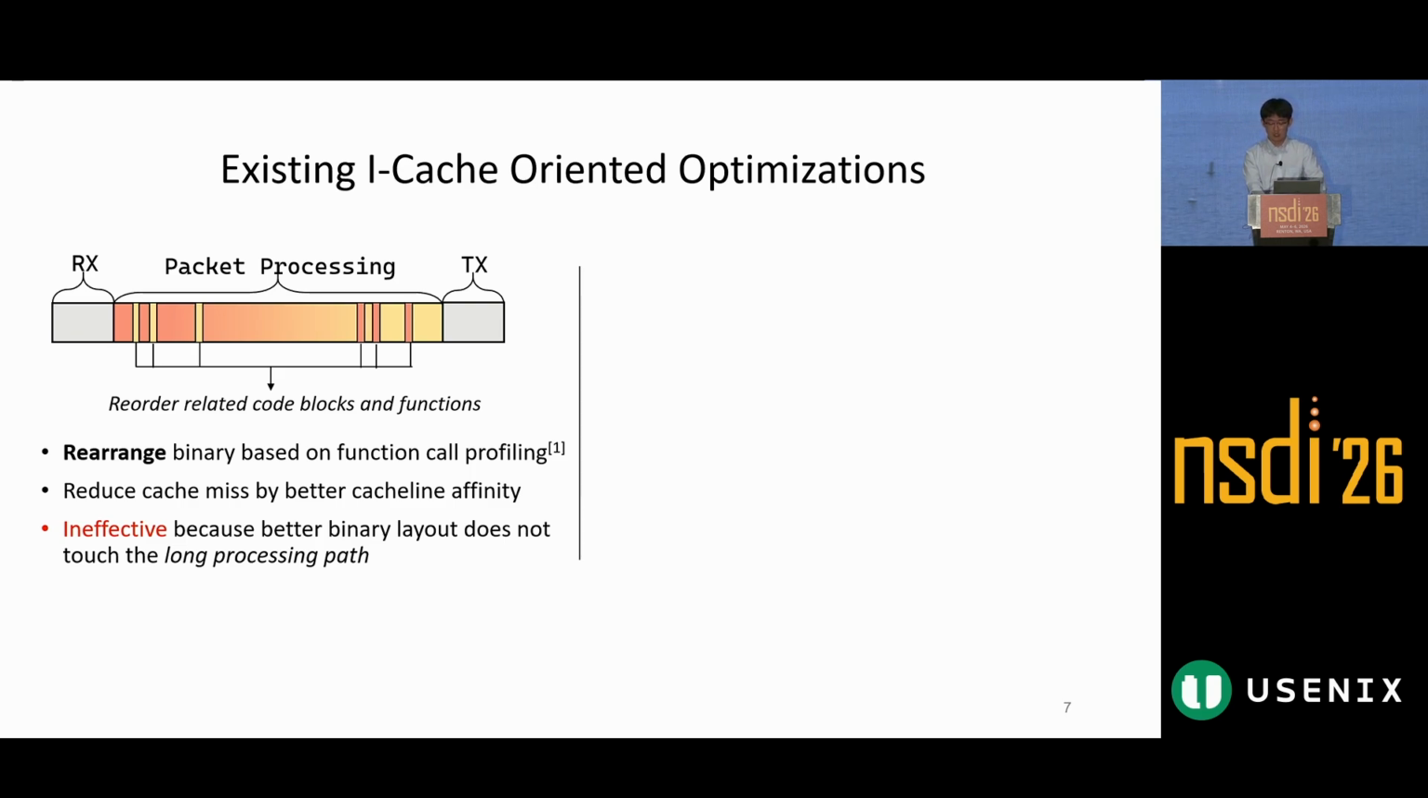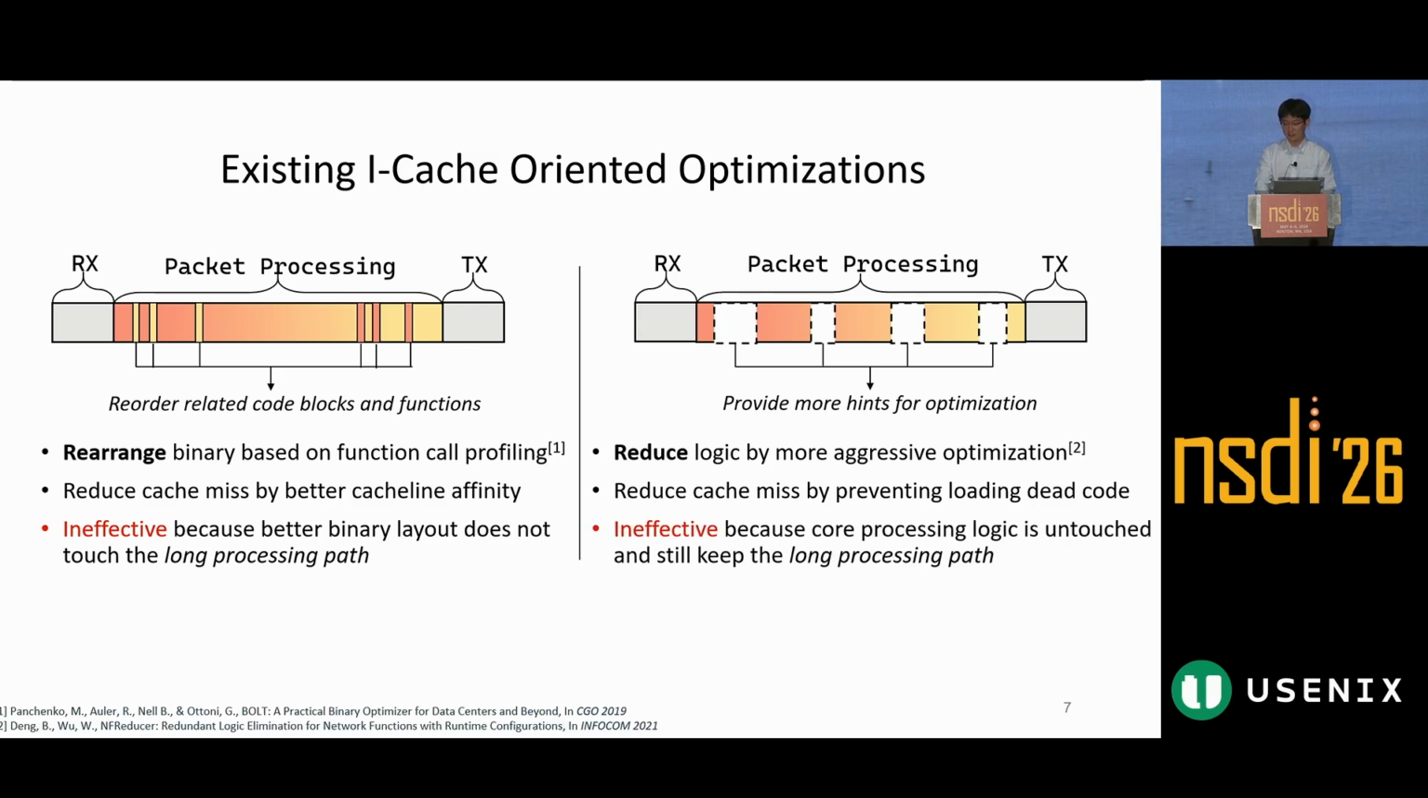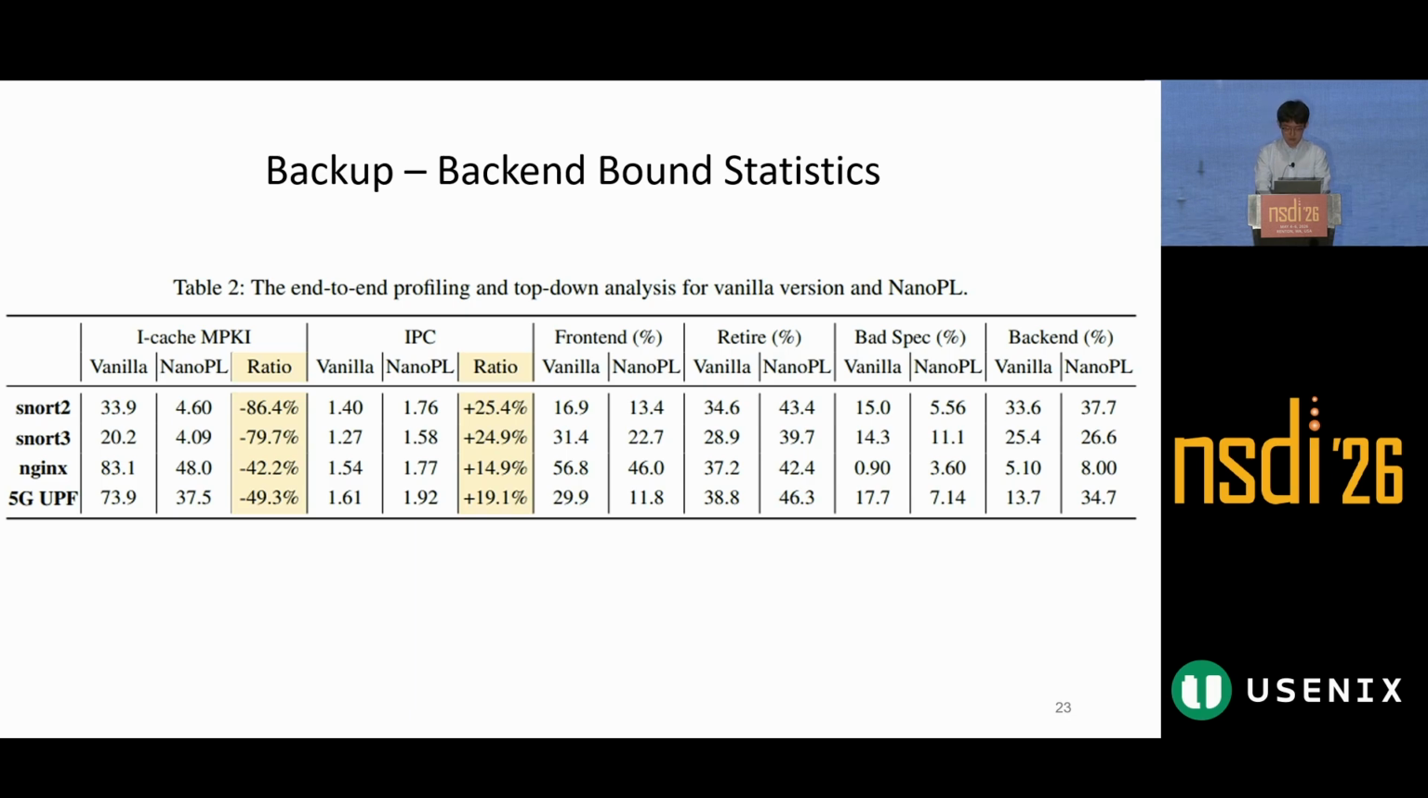The second kind provides some domain-specific hints, like L3 info is no longer needed in L7 processing, enabling more aggressive compiler optimizations. Doing so reduces cache misses because the unreachable code will not be loaded into the iCache by other instructions anymore. However, compiler optimizations are unable to alter the original core logic and still keep the long processing path as is. Therefore,